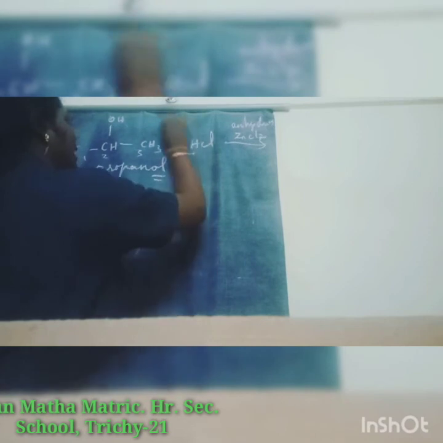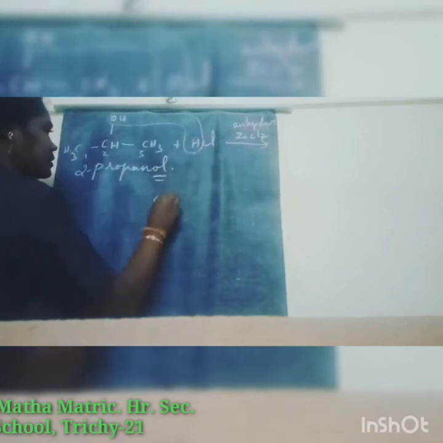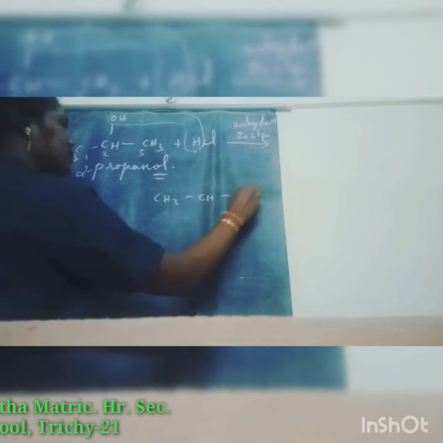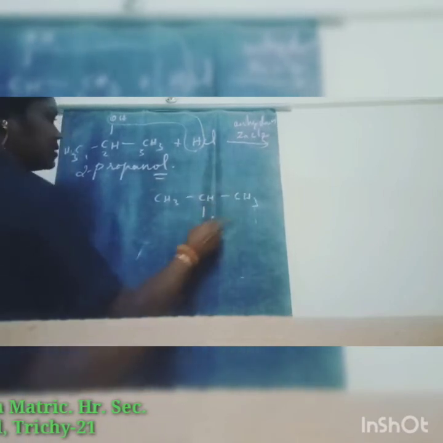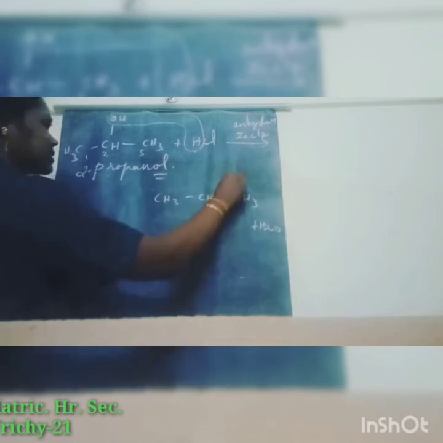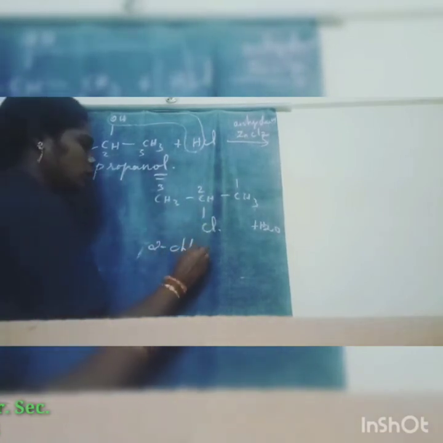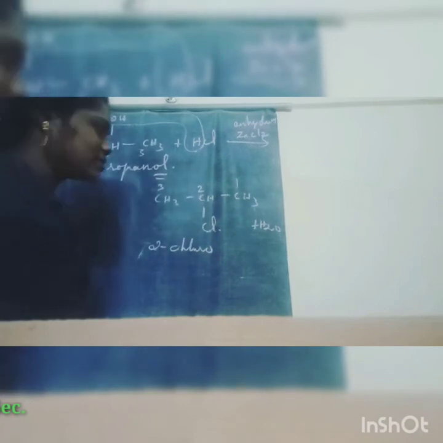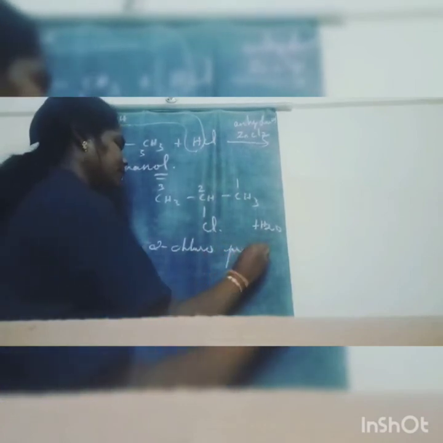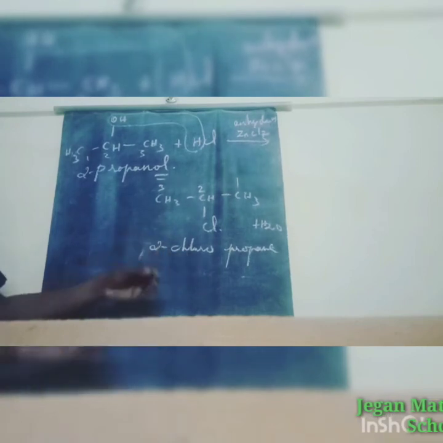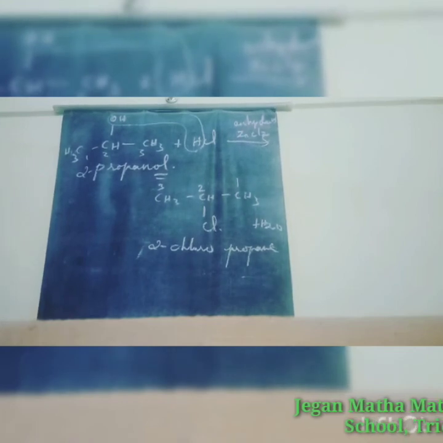So same thing, the water molecule is removed. So CH3, CH, CH3, and here Cl is present, plus a water molecule. So this one's name, first carbon, second carbon and third carbon, is 2-chloropropane. On the second carbon chloro is present, so 2-chloro, and the number of carbons is 3. So that is 2-chloropropane. Here 2-chloropropane shows slow appearance of turbidity. The first one, 2-chloro-2-methylpropane, shows immediate appearance of turbidity.